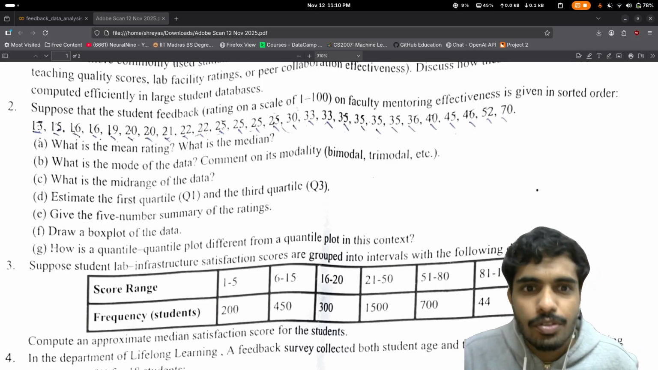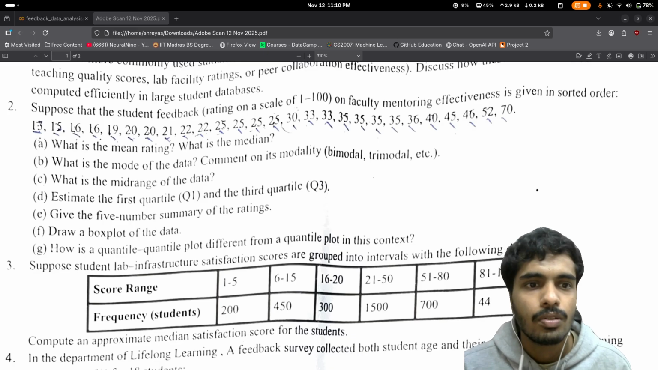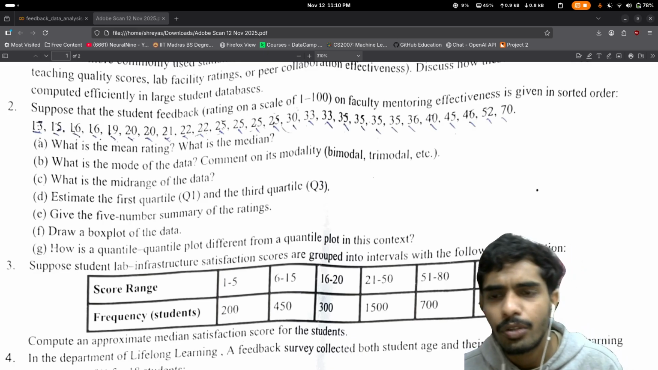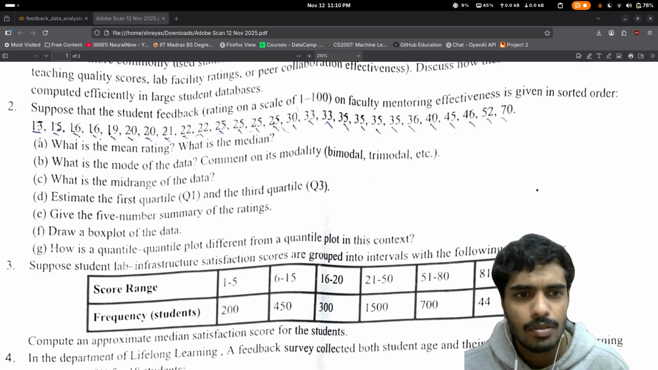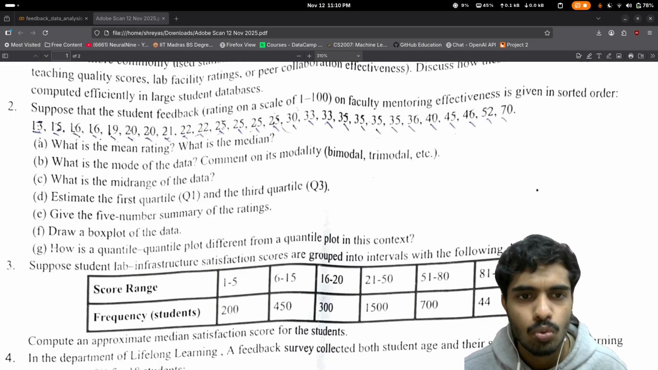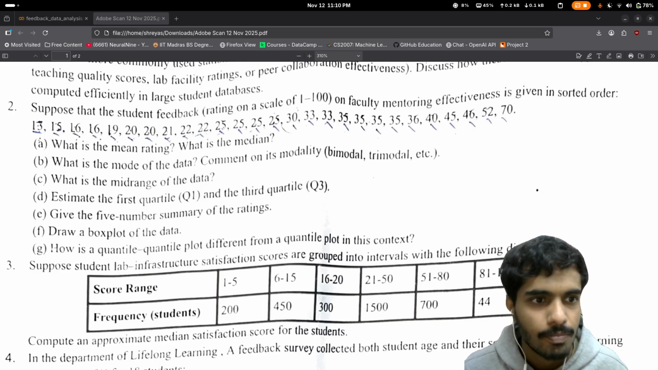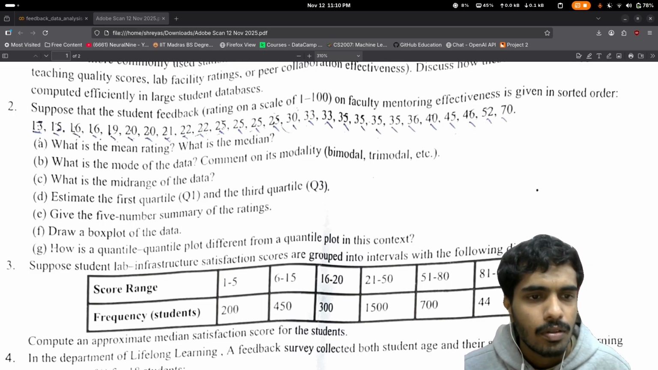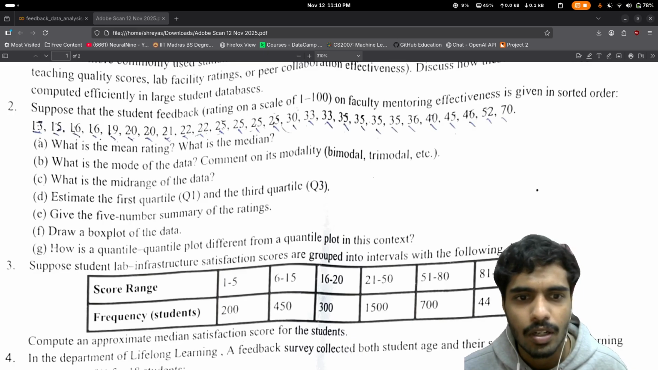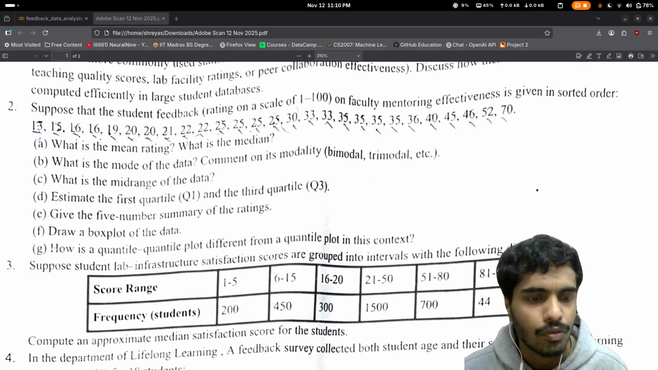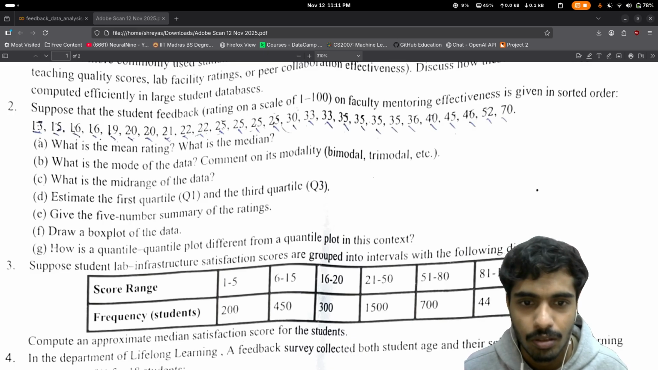Okay, so in the second question, we are given some student feedback data ranging from 1 to 100, and we have to perform some statistical operations on it to get some insights about that data set. In this, we have to find out the mean, median, mode of the data, mid-range. We have to estimate the first quartile and the third quartile, and then we have to draw a box plot of the data, and then we have to differentiate what is the difference between quantile plot and quantile plot in